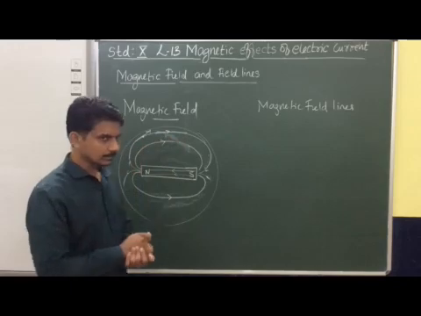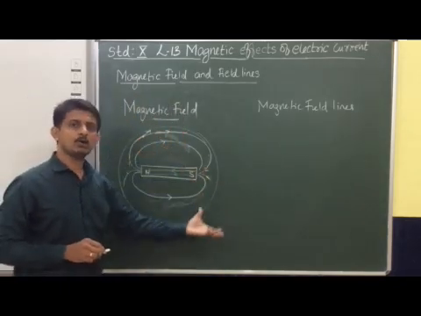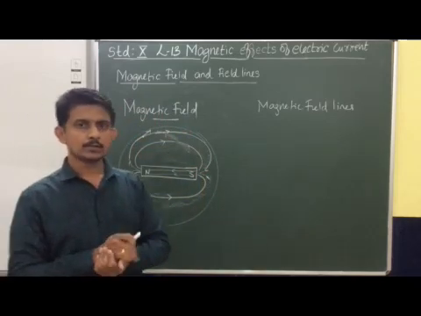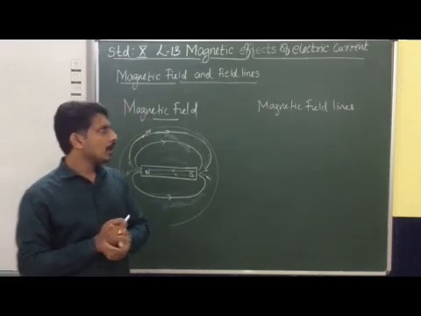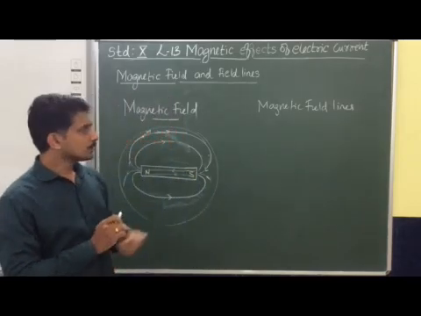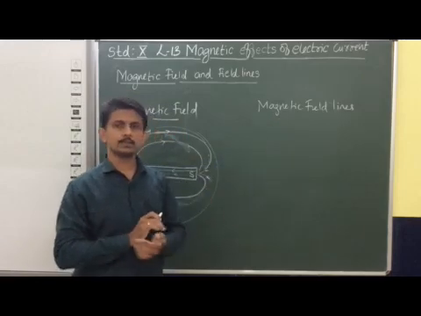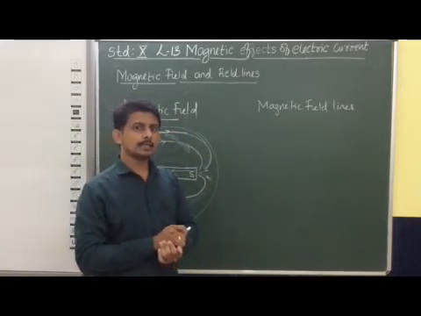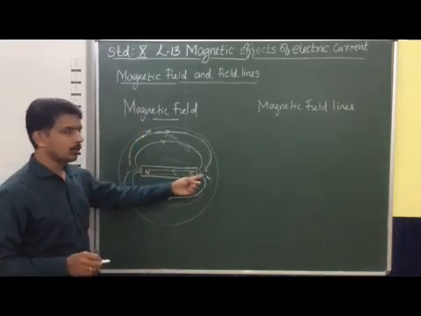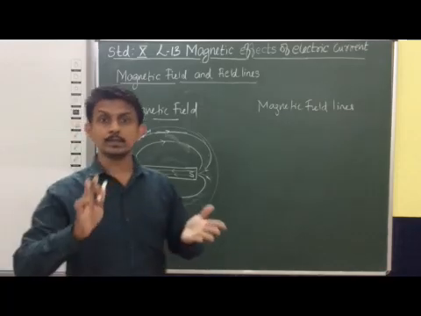So I said the magnetic field is a region around a magnet in which a force of attraction or repulsion is experienced. So that region is known as a magnetic field. And we have seen the case of magnetic field lines also. The strength of the magnetic field is represented with the help of imaginary lines, known as magnetic field lines. And there are some properties we have seen: they start from north, terminate on the south, and inside it is south to north,